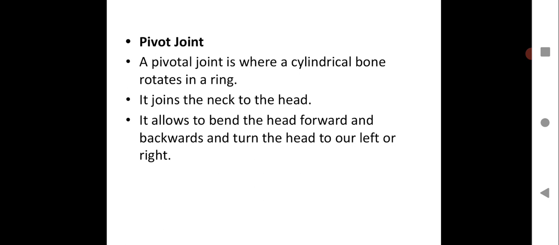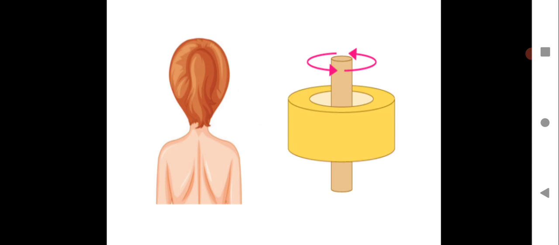Like you can show a 360-degree movement of your arms, but you cannot move your head like that because of the pivot joint. So this is your pivot joint. Here a cylinder is shown, and you can see the bones fitted in the cylinder, and backward, forward, left and right movement is possible. Here you can see a person's neck, and you can identify the type of bones in the neck. So in human beings you have this kind of pivot joint in the neck.